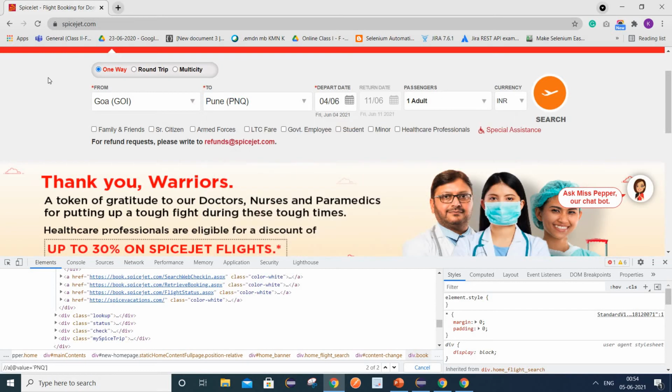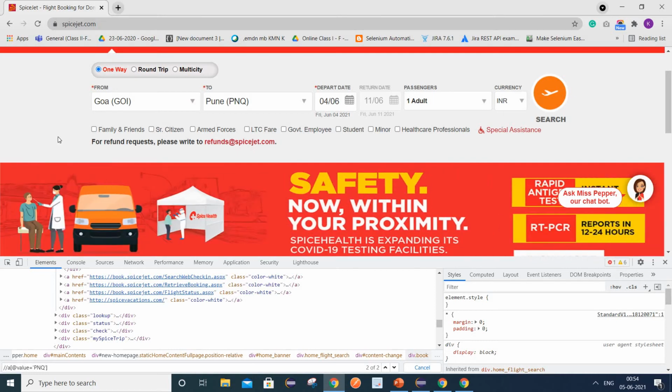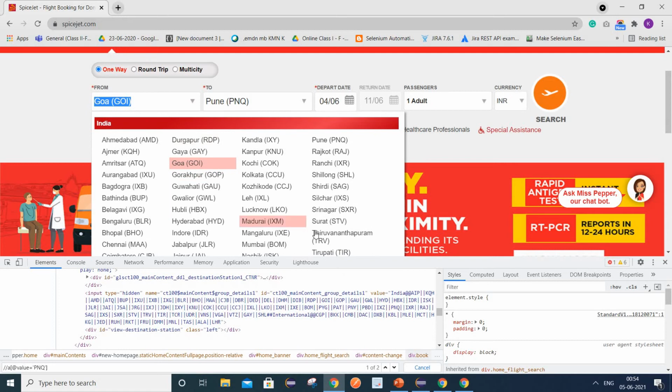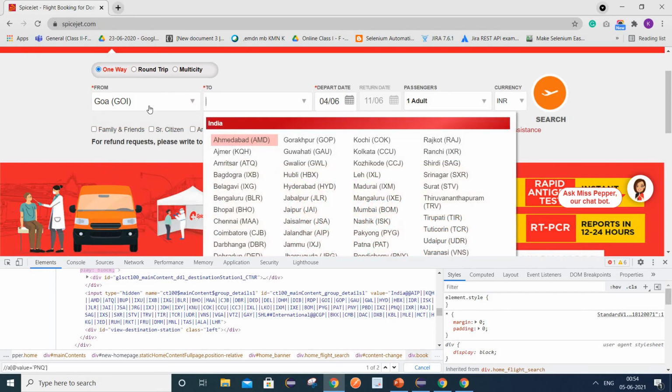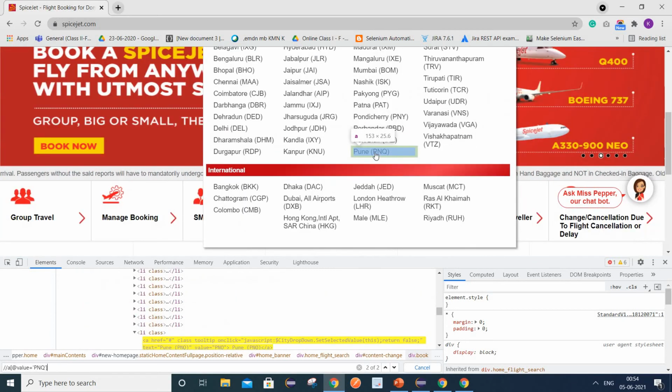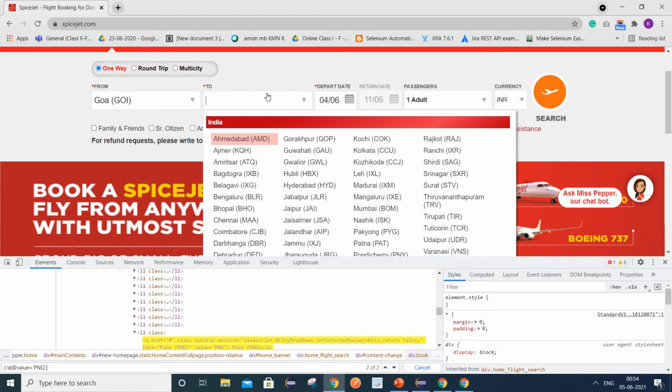Because Selenium starts the identification of elements from the top left. As soon as it gets the option of PNQ, because we have selected this drop down list, the first option it will get is from here, this PNQ. But as we have selected Goa, it has disappeared, and now what it is trying to do is select this one which is coming from the arrival city.